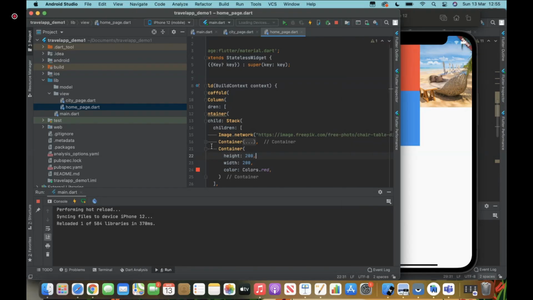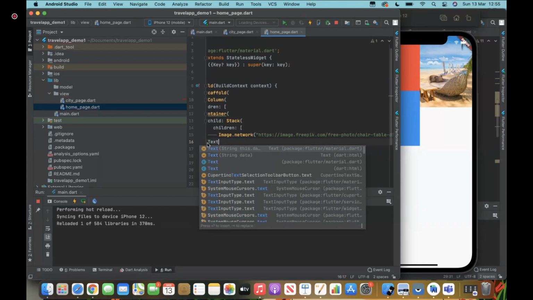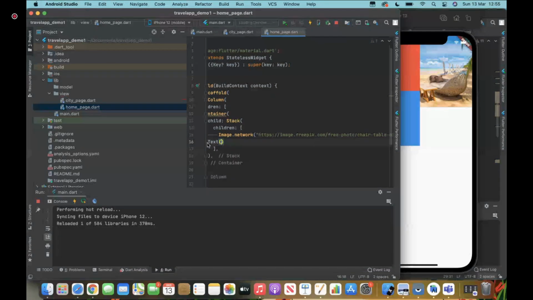So now I don't want these containers. I will just have a text. So let's have the text widget. So what I have done, I have